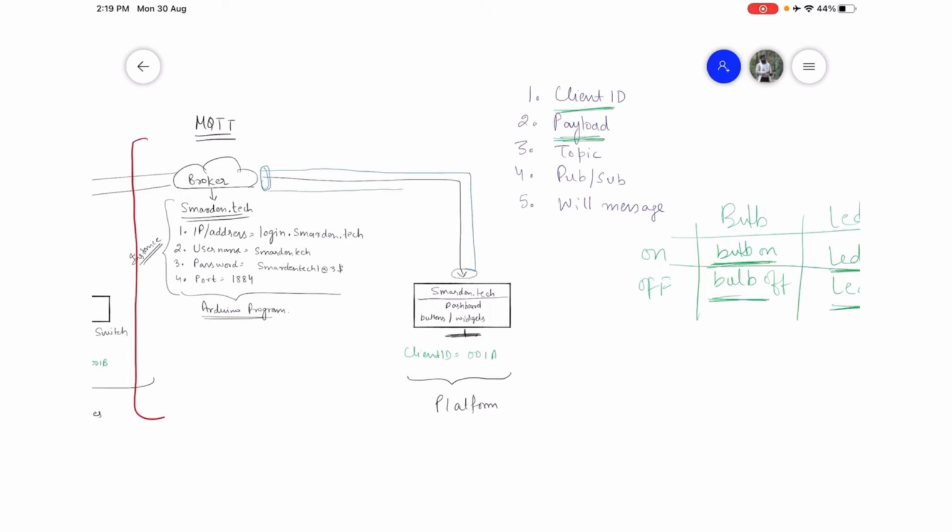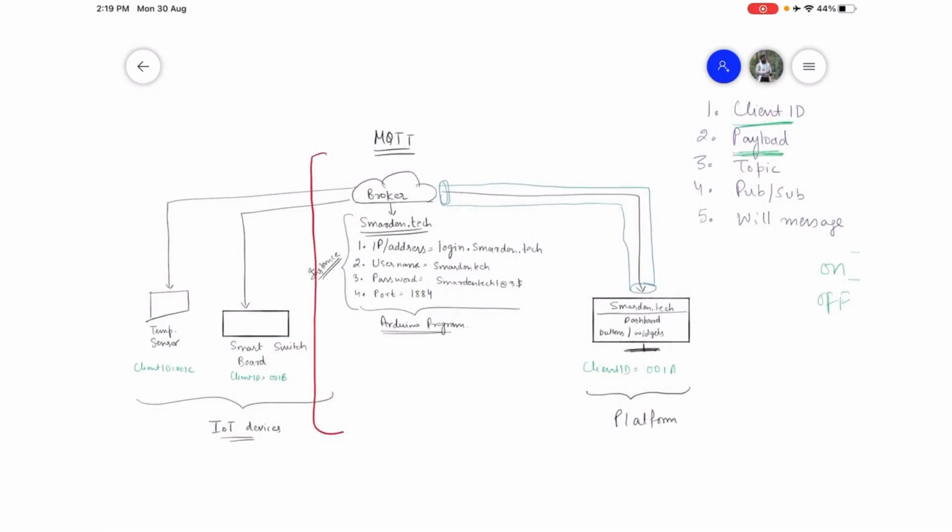This pipeline is your topic. Similarly, there is another pipeline connecting this device to the IoT platform or the MQTT broker, and another pipeline connecting this temperature sensor to this broker.